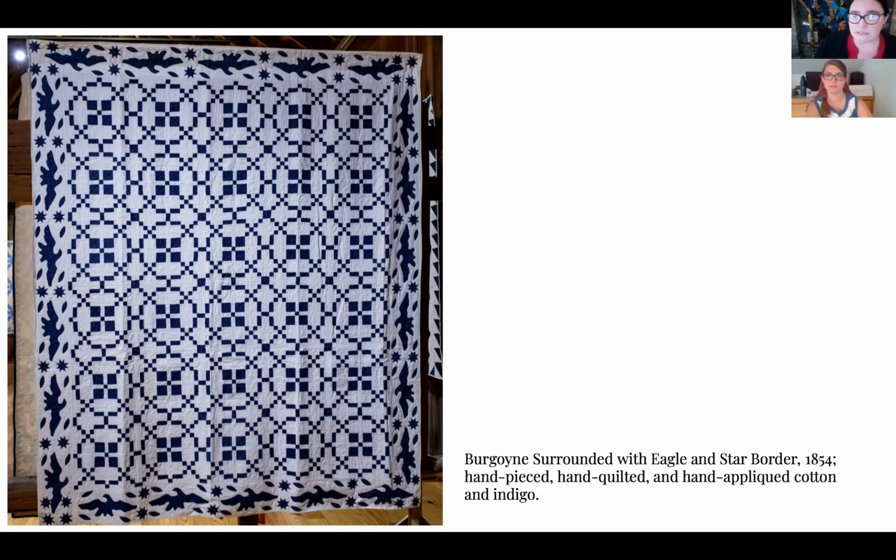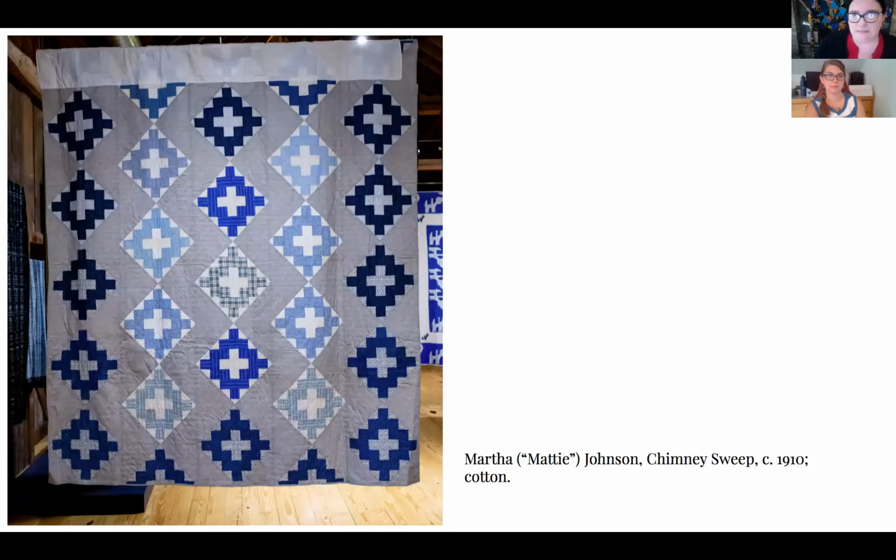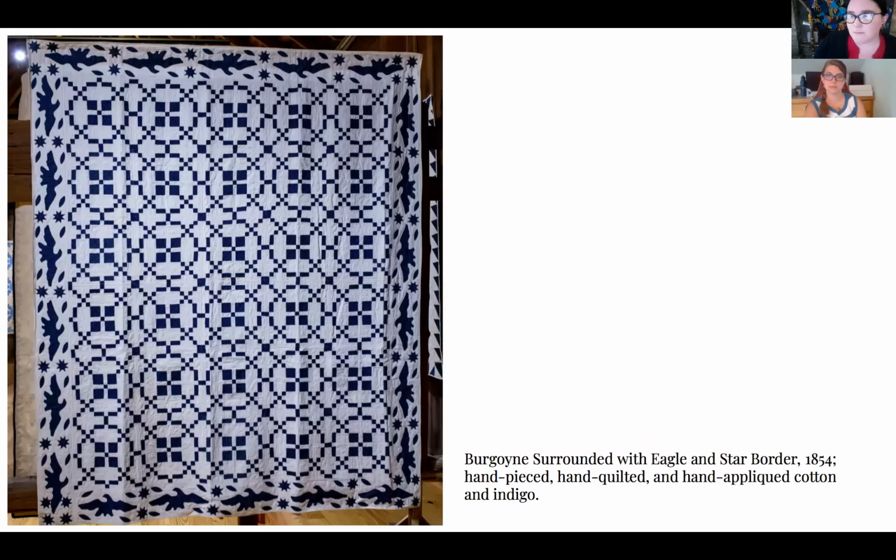It is hand-pieced and hand-quilted with hand appliqué around the border within the eagles. The central pattern was named after the defeat of a British general, John Burgoyne. He was a decorated British general who was defeated by a superior American force led by Horatio Gates at the Battle of Saratoga in October 1777. The Battle of Saratoga was the first great American victory, and many historians believe it marked the turning point